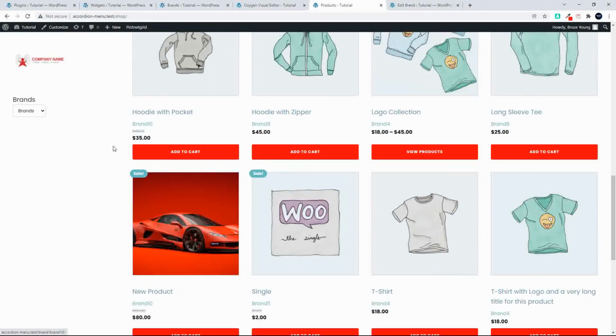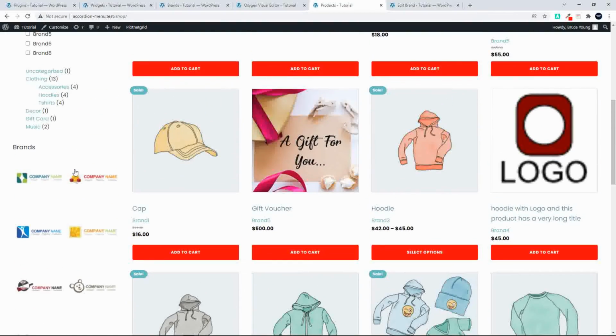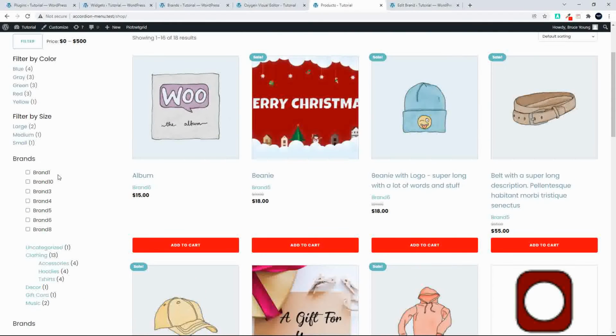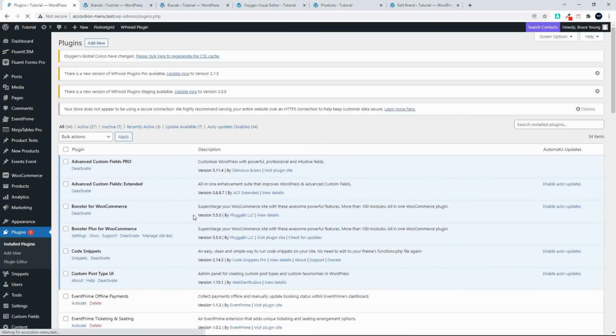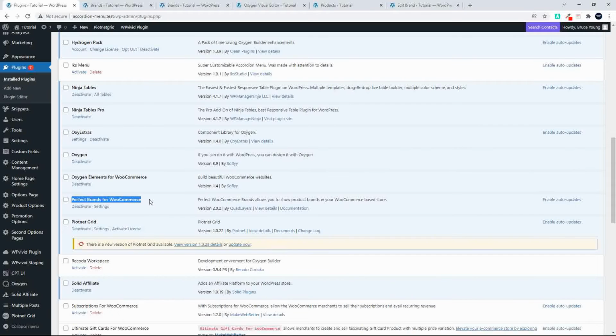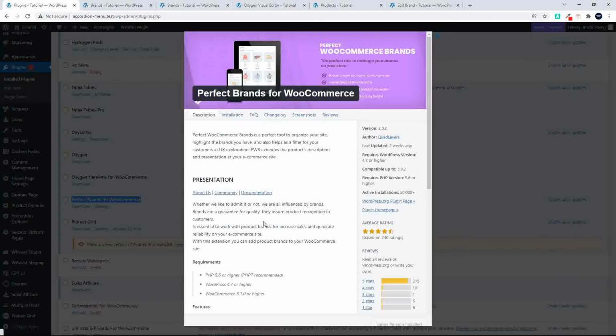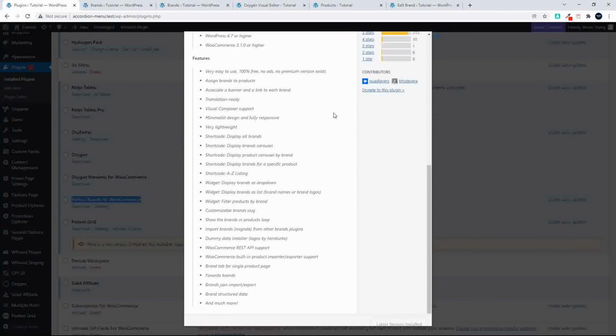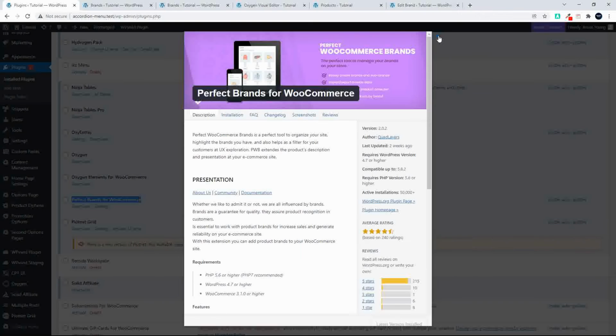So that's how you can adjust and create the sidebar widgets. They're all standard, straight out the box, just need to apply. Right, so the plugin's loaded, and here we have Perfect Brands for WooCommerce from QuadLayers. Here are the details. So this is what you'd be looking for, and definitely one of the best free brand plugins for your website. So I hope you enjoyed that,